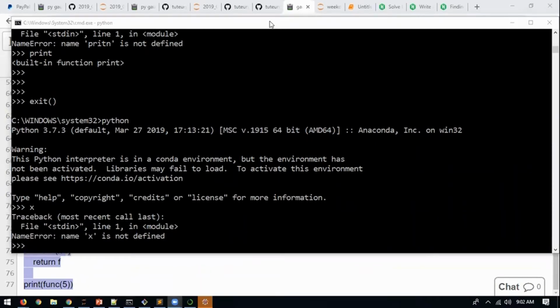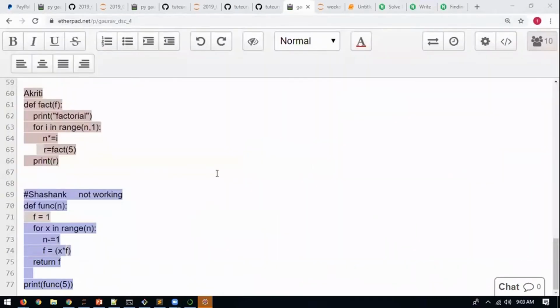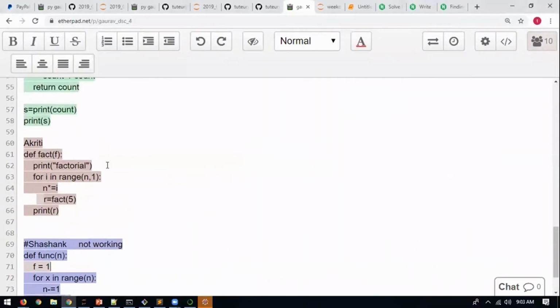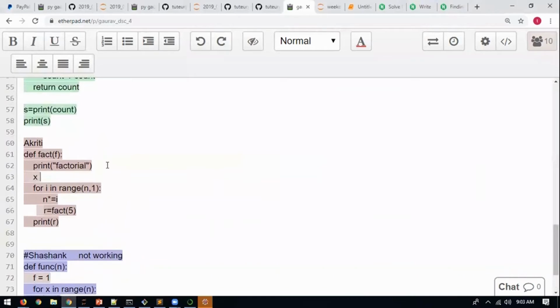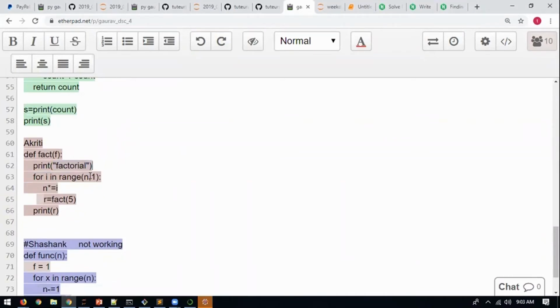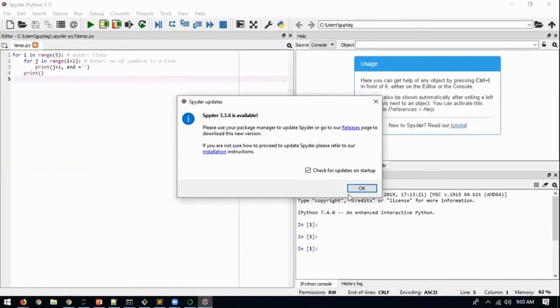Inside a function, if I write x equals y, does any variable named y exist? No. So it will give a name error that the name y does not exist. Okay guys, just see this now.